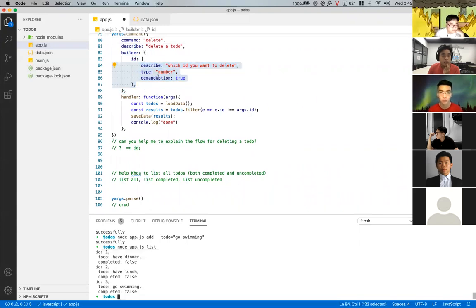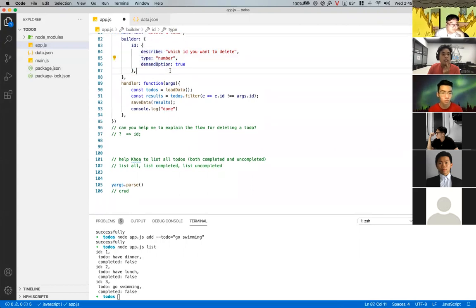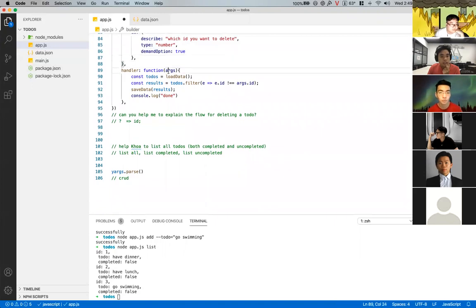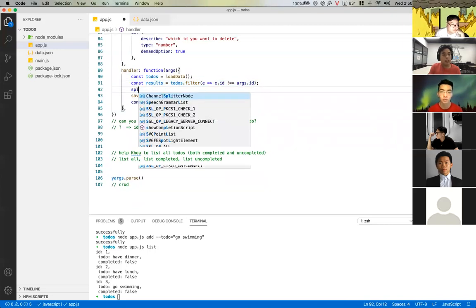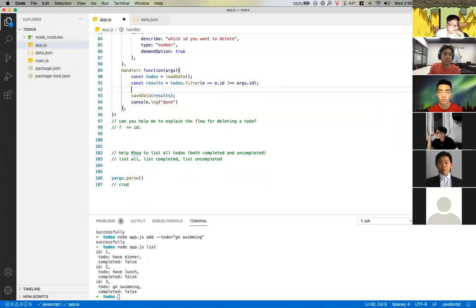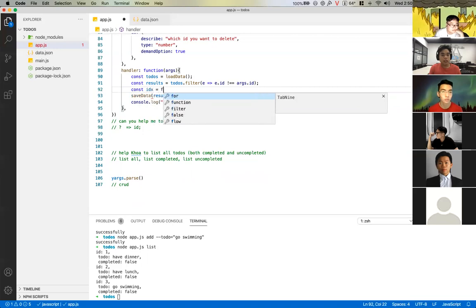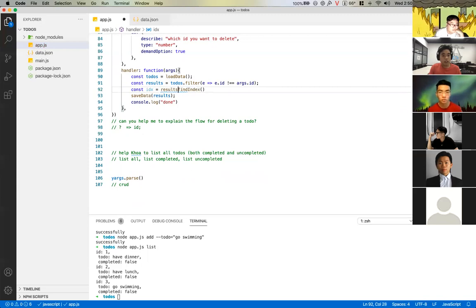It's a required field argument, a number, and then we will use that number to do a filter, or you can use splice. But to use splice, we need to find the index of that element. So you have to call idx equal to results.findIndex